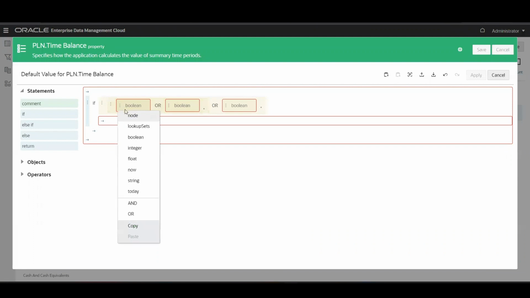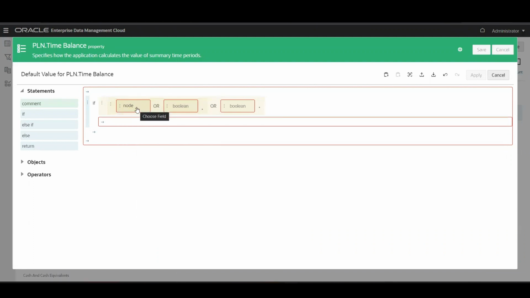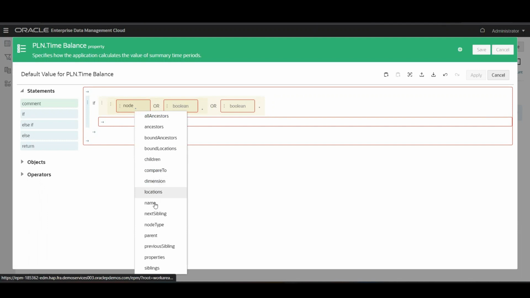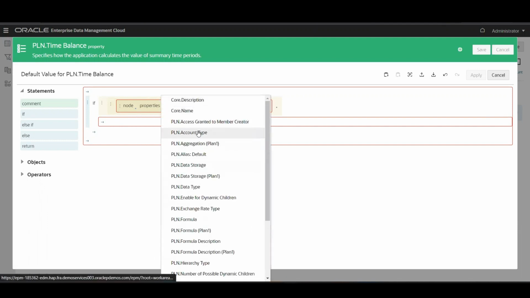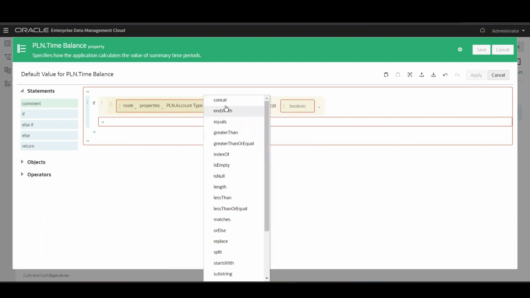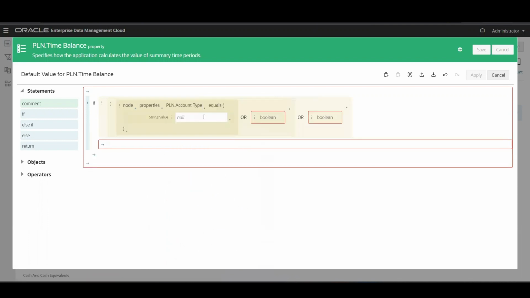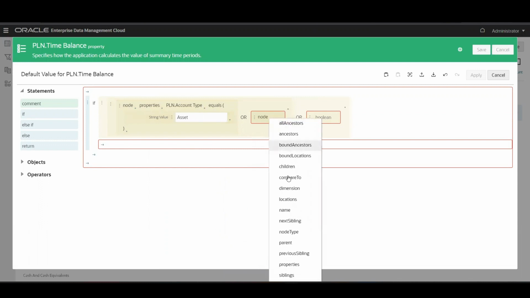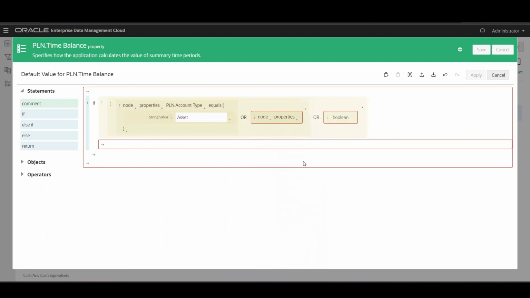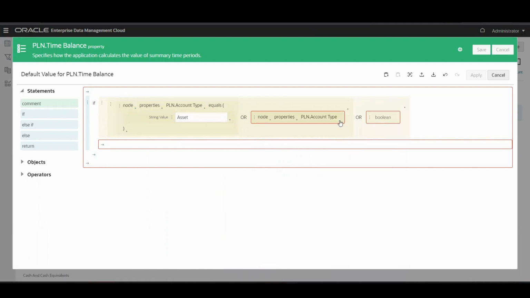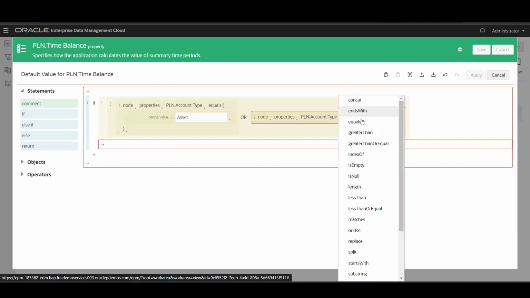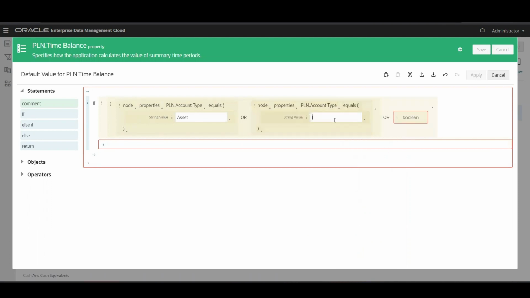So first I will give the node, and under node I want the property of account type, that's plan account type, if equals asset, or node. Again I will give the properties, and plan account type equals liability,